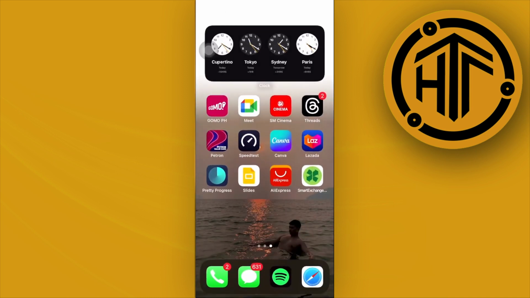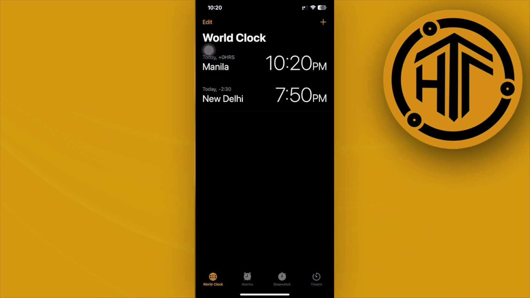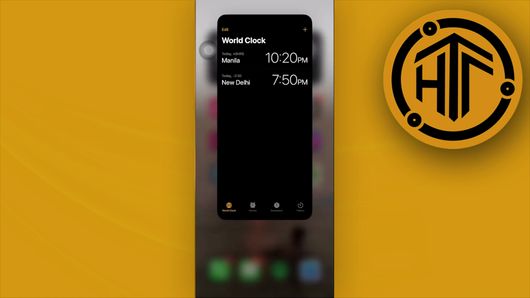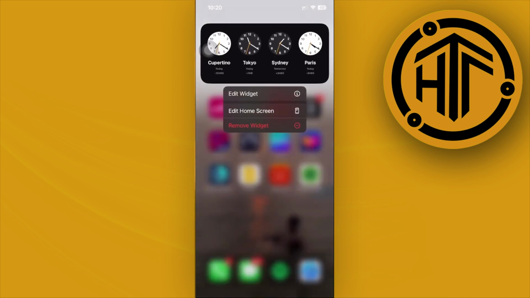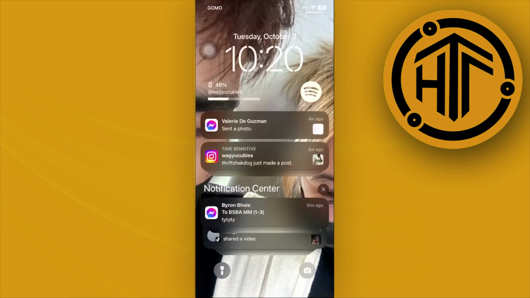And this is going to be interactive by basically tapping on this option, and as you see, being redirected to the clock application. You could also do the same with other widgets and with widgets on your lock